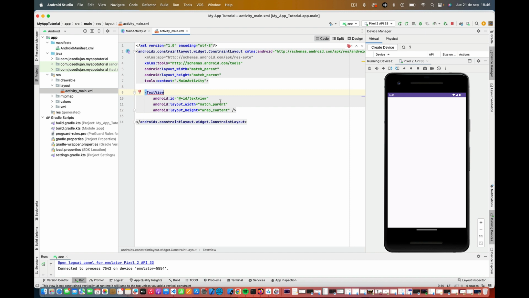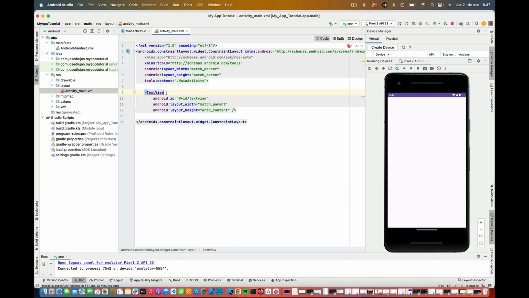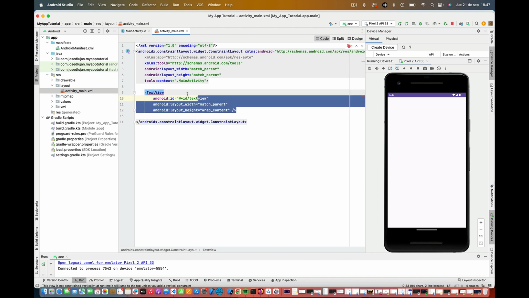The problem when you are creating elements in the code is that sometimes you need to add more properties to these elements. And if you don't remember all the properties, probably you are in trouble, because you need to try and try with different properties, and probably you keep the error in your element. So when you are a new developer in Android, my recommendation, I know this is